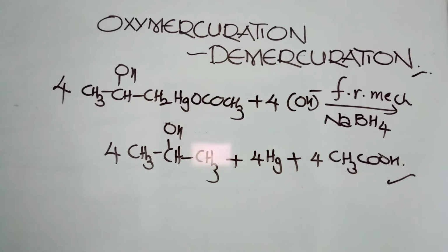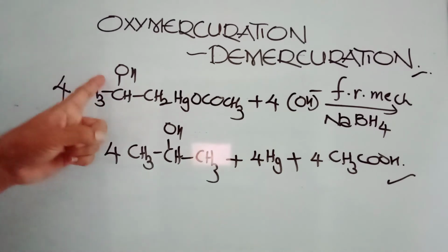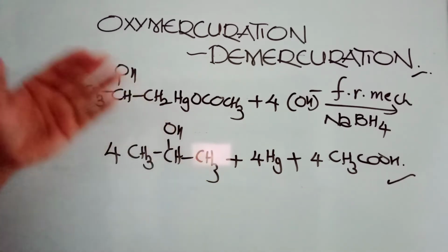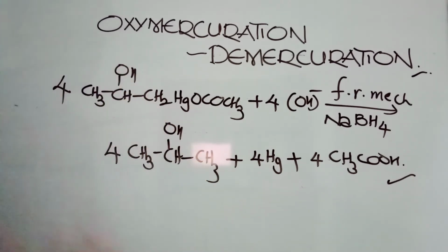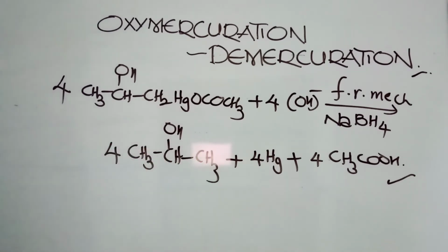See what is actually happening here. Very simple: addition of water. Now Markovnikov style: OH is added here, hydrogen is added here. The first compound we have taken is propene, meaning the double bond was there. OH here, H here: Markovnikov addition. But the advantage is there is no chance of undergoing any kind of rearrangement. No carbocation, no rearrangement, nothing like that. This is a very special addition of water to get the Markovnikov product.